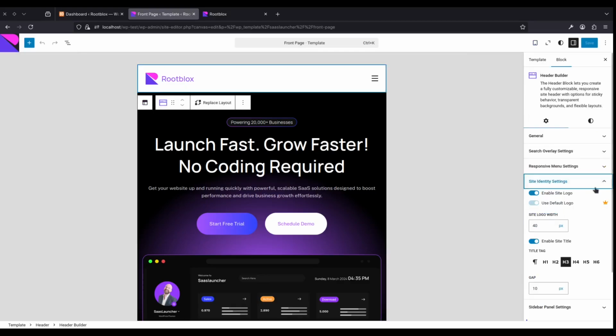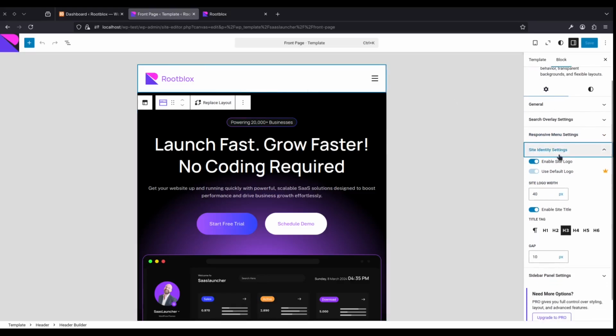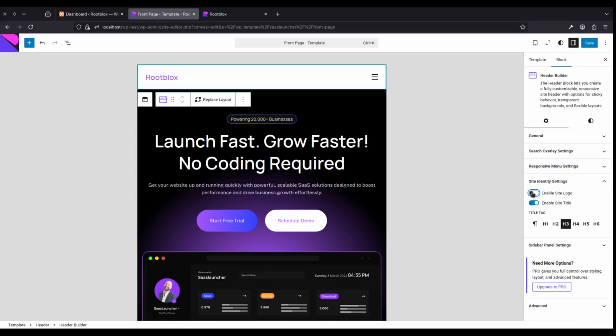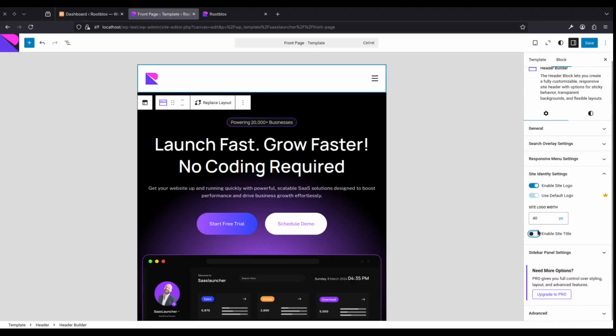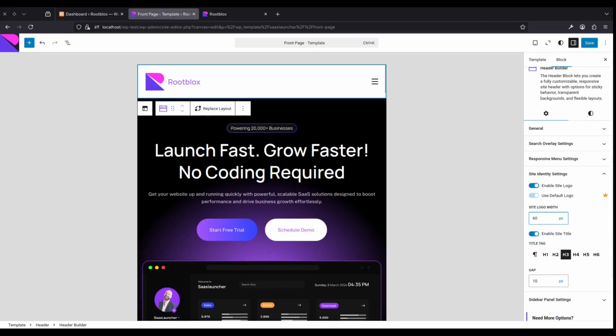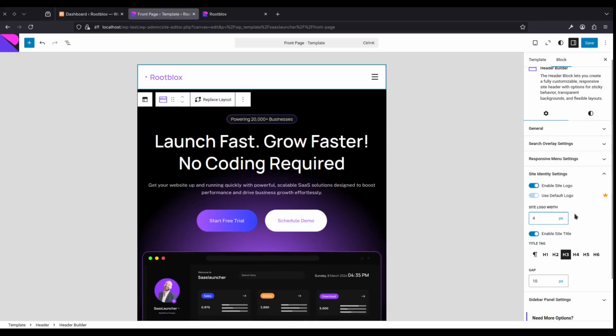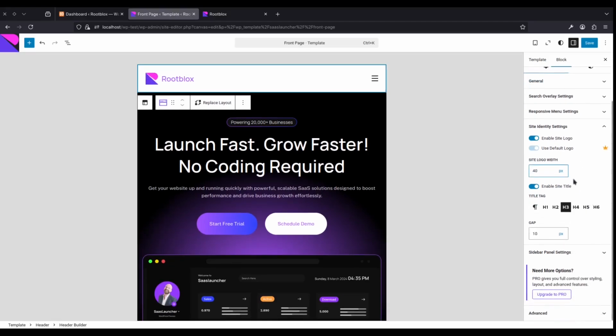And the site identity options for this particular layout are controlled through this section over here, where you can enable or disable the logo over there, and the site title as well, and there's this width as well where you can set this. So I'll be defaulting to the default presets, and